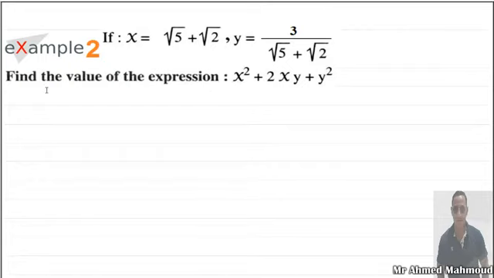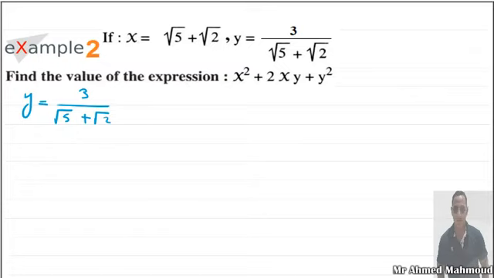Okay. Find the value of the expression x power of 2 plus 2xy plus y power of 2. The first step with us, here we have x in the simplest form, but y is not in the simplest form. Then we are going to simplify y in the first step like this: y equal 3 over root 5 plus